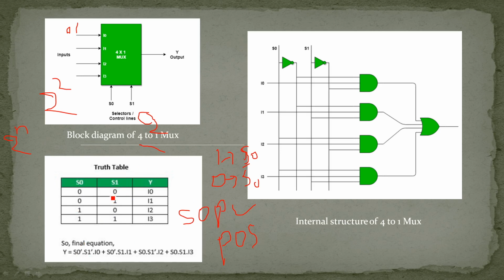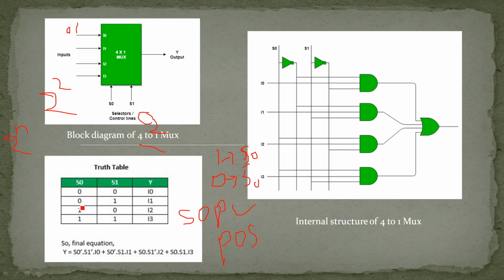That is, the first combination is 0 0 I0. What is this? 0 means it is sum of product. S0 can be represented as S0 bar. So S0 bar dot, and S1 is 0 again, S1 bar dot, I0 is I0. We don't know what is I0. I0 may be either 0 or 1 or any other combination. So I am going to consider like this: S0 bar, S1 bar, I0, plus here